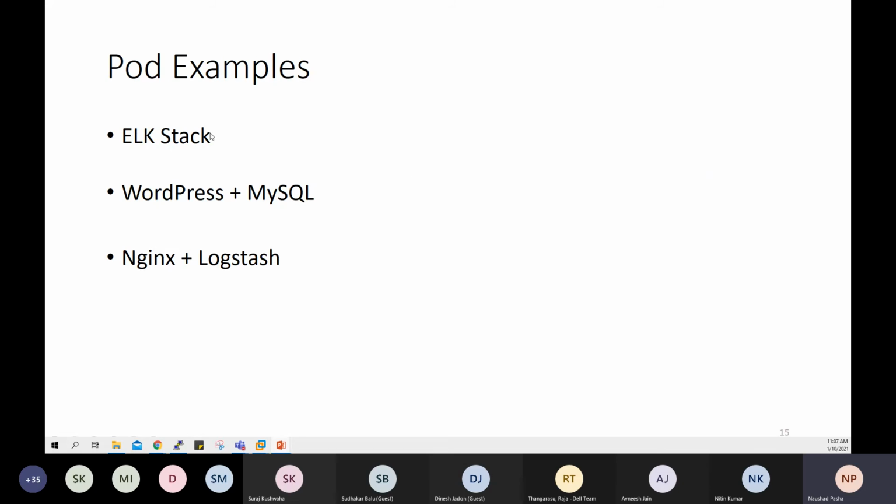Some examples of a pod include WordPress and MySQL containers as part of a single pod, Elastic Logstash Kibana as a single pod, Nginx and Logstash running within a single pod. But the recommendation is one container per pod. You don't want to run multiple containers within a single pod, but if you wish to, you can.